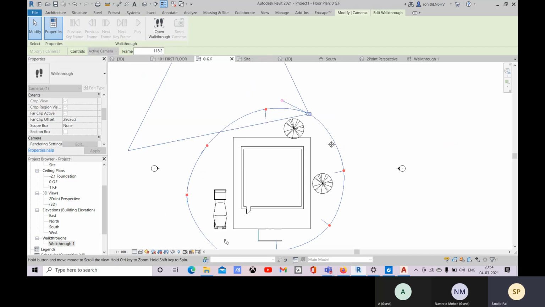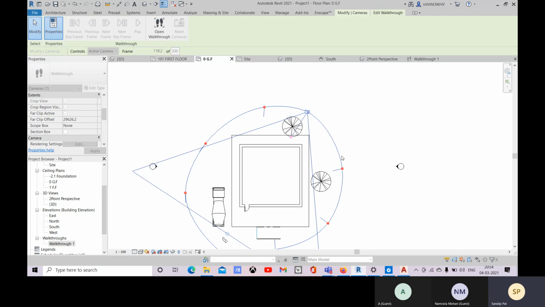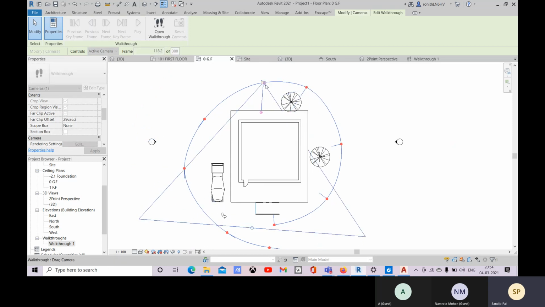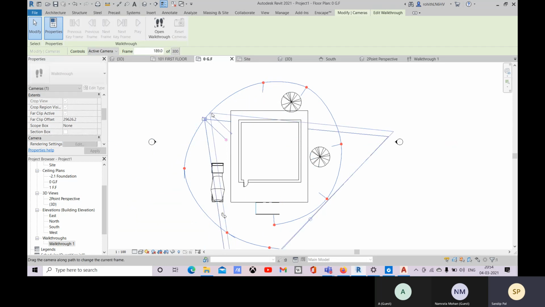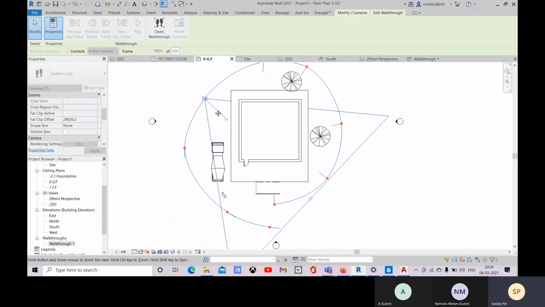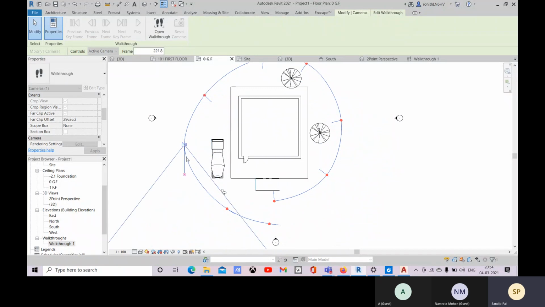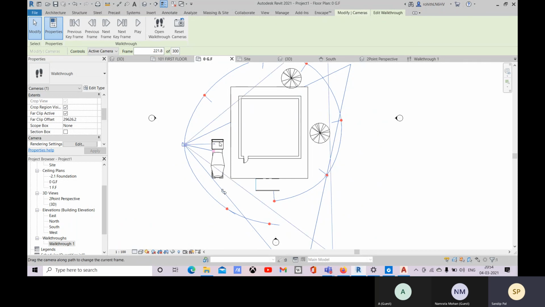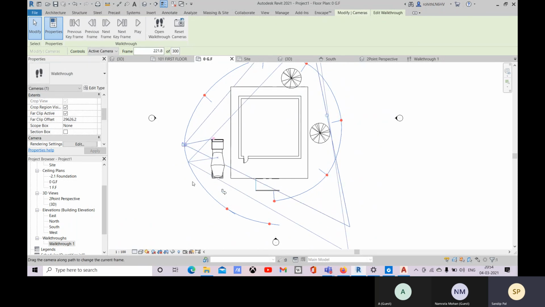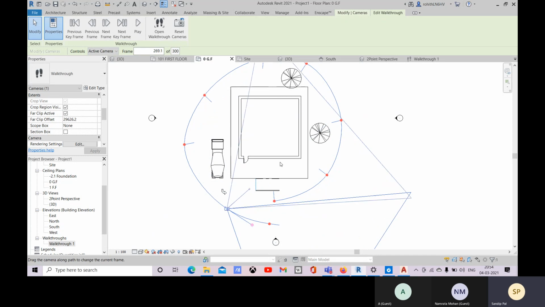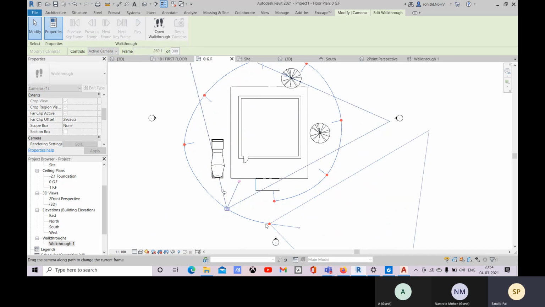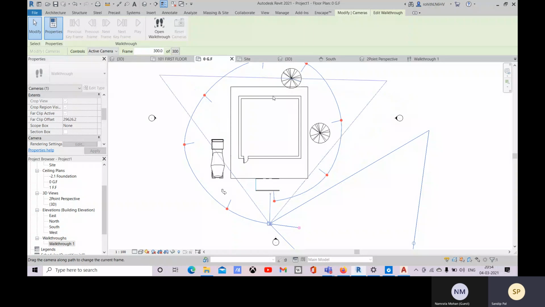Now let's change the direction, and here you see that. Now let me fix it and change it. Here you can see that it's coming like this. Now we just change this, here and here and here.